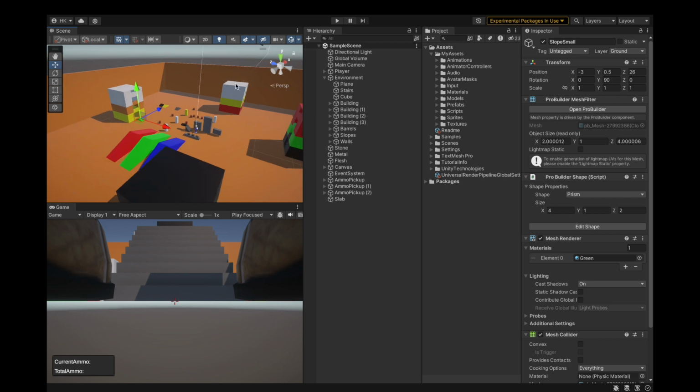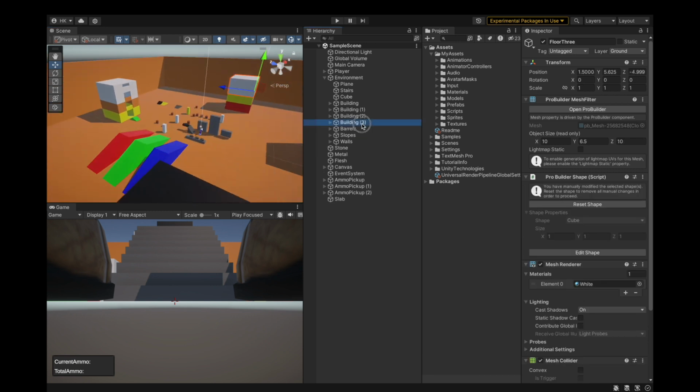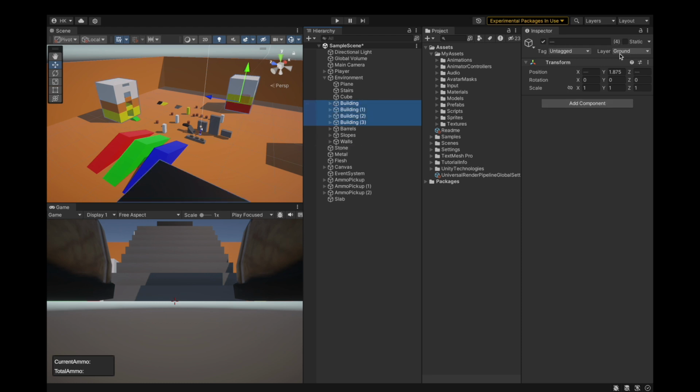We'll fix that. I think we can add some tags first. So they've got a layer of ground, but they're tagged as untagged. We'll give the buildings